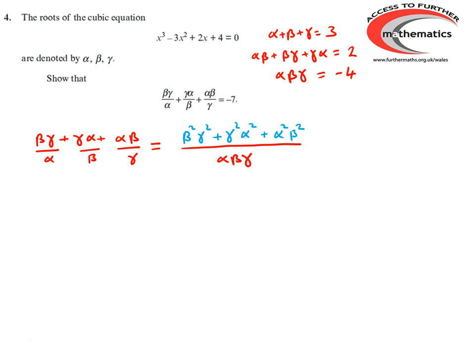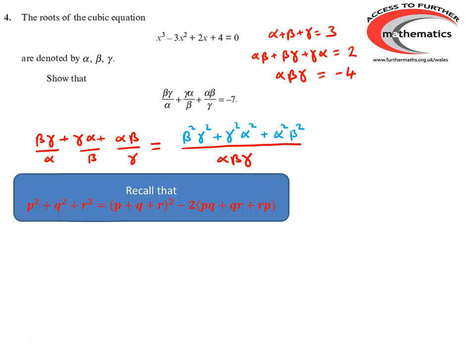Now, alpha beta gamma we know is minus 4. At the moment though, we don't know the value of beta squared gamma squared plus gamma squared alpha squared plus alpha squared beta squared. So we're going to have to think about that. Now what have we got? We've got something that is simply the sum of three squares. So we've got beta gamma all squared plus gamma alpha all squared plus alpha beta all squared. And if we remember that p squared plus q squared plus r squared is the same thing as p plus q plus r all squared, take away two lots of pq plus qr plus rp,